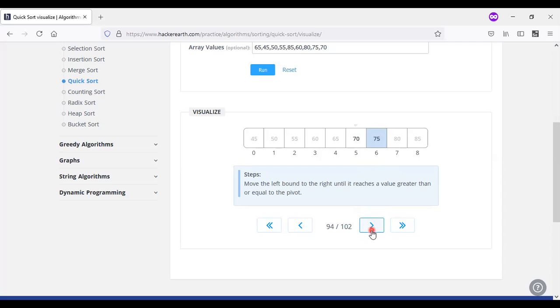So the left bound and the right bound we need to consider. With this left bound and right bound, there is only one element at the left side and no element left at the right side. That is considered as a bound crossing, and we have to reach the end point here.